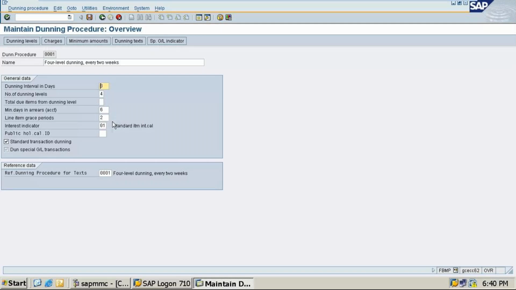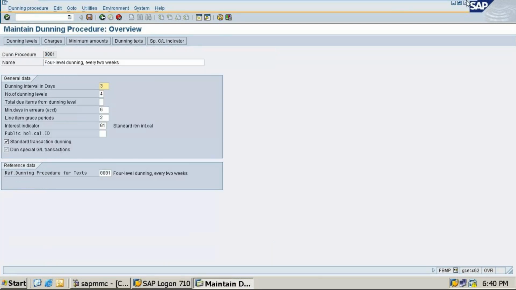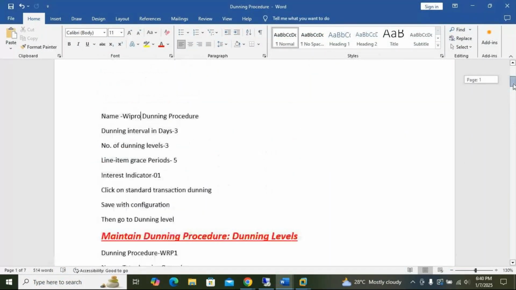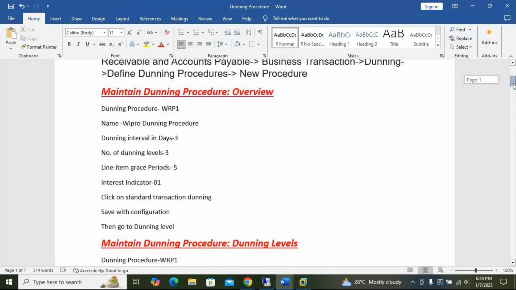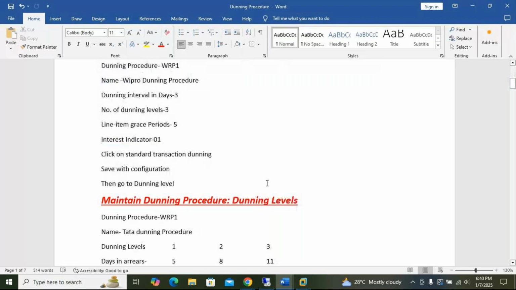As it is there. You need not change, just the dunning level procedure. Company code, you can change the dunning procedure. This one you can click, 001. It's already created. So what we'll do here, one second, we'll do it.